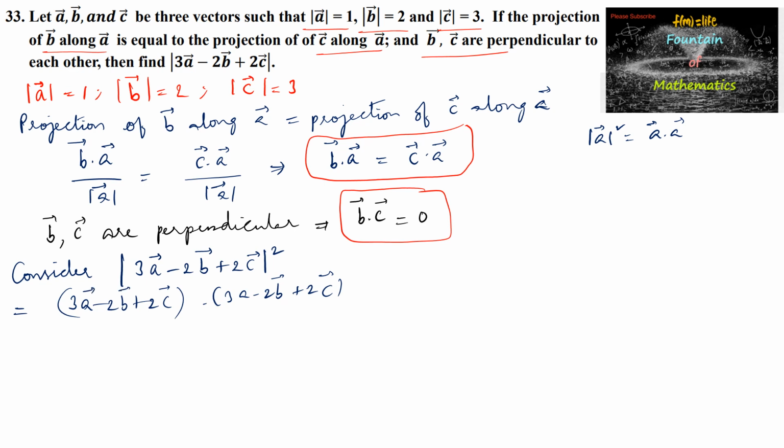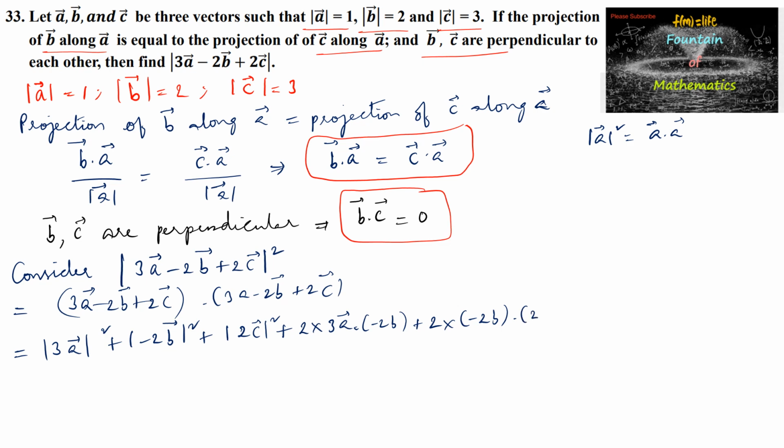For the simplification we can write directly here: mod of 3A whole square plus mod of minus 2B whole square plus mod of 2C whole square plus 2 times of 3A dot minus 2B, and again plus 2 times of minus 2B dot 2C, plus 2 times of 2C dot 3A,